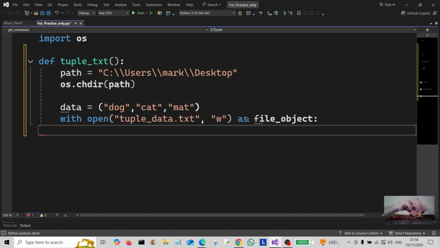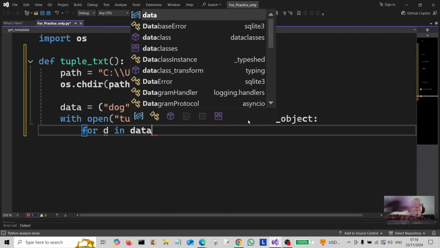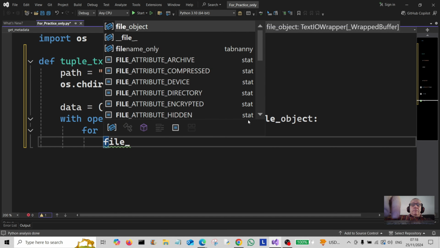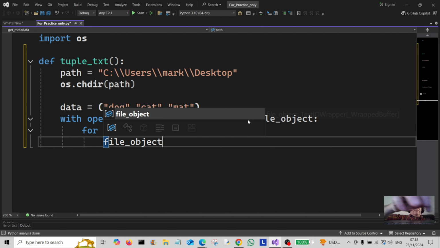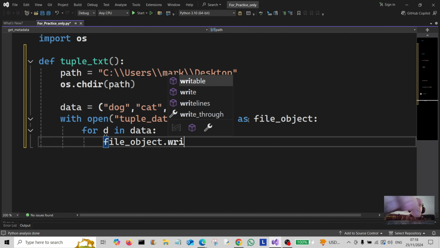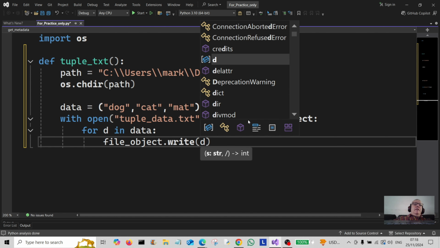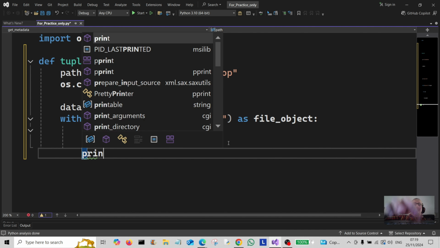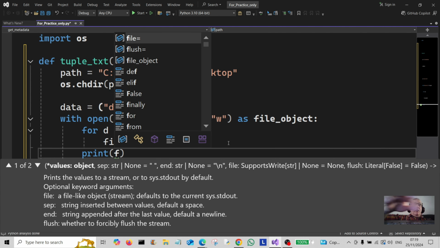Now we're going to loop through it using for d in data. We're going to do file object dot write. So we're going to write the data into the file using the d there. So what we've done is we've looped through the tuple like that, dog, cat, mat, and we're writing it into the file, and then simply all we do is print a message to the user afterwards telling them what's happened,